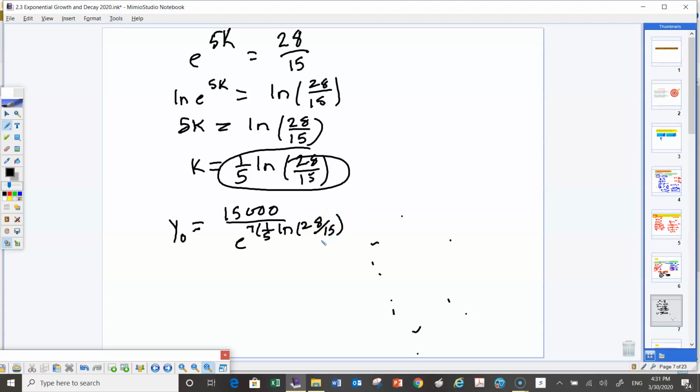And now it's just a matter of plugging this into your calculator. Now the hardest part is going to be to figure out that exponent. So if we figure that out, let's just do this together. If you get out your calculator, I would do ln of 28 divided by 15 first. Hit enter on your calculator. I get 0.624. Then I'm going to times that by 7 over 5. So times it by 7 divided by 5, and that's